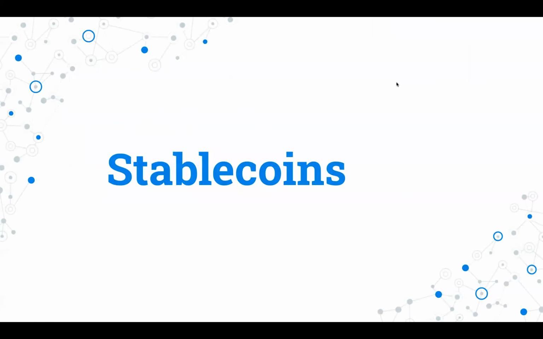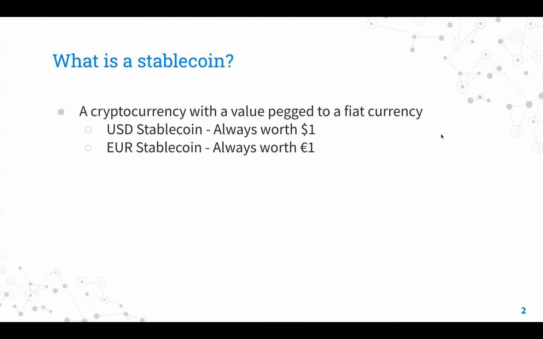All right. Ready? Okay. So stable coins. Do we all know basically what a stable coin is, right? It's just a cryptocurrency with a value that's pegged to a fiat currency. For example, a USD stable coin is always worth $1, a euro stable coin always worth €1. Actually, most of the time, we'll see a stable coin that's not exactly pegged to a specific value. It's not one-to-one, but we'll see how it's kind of stable.